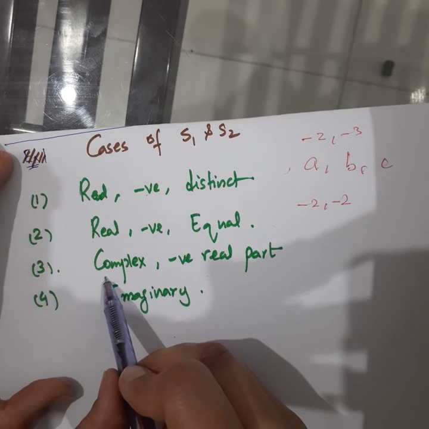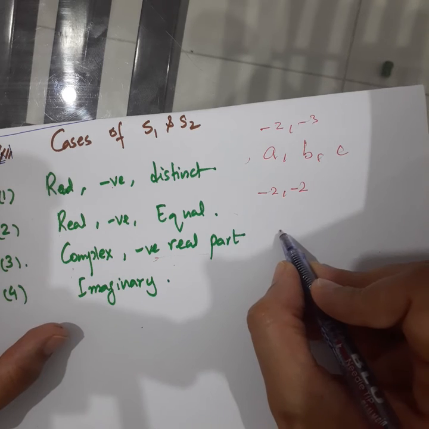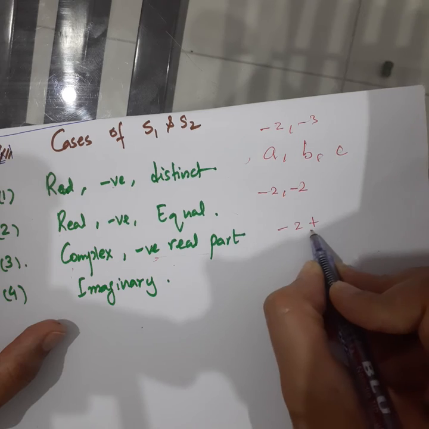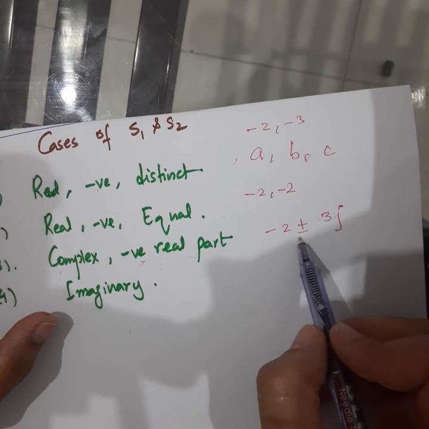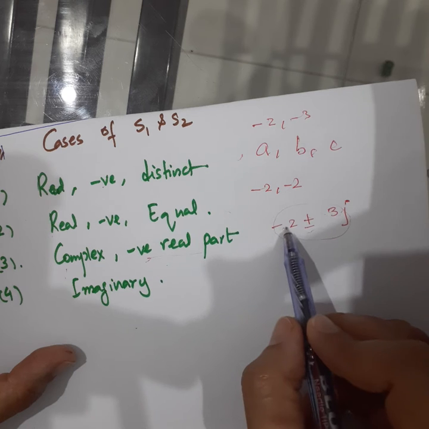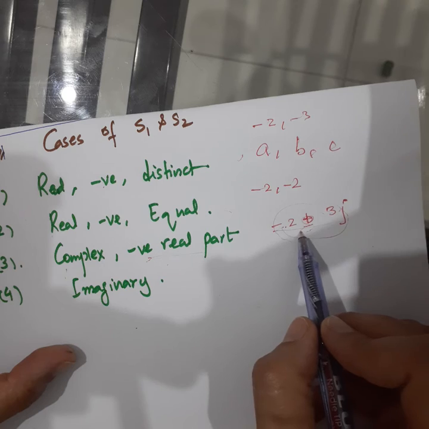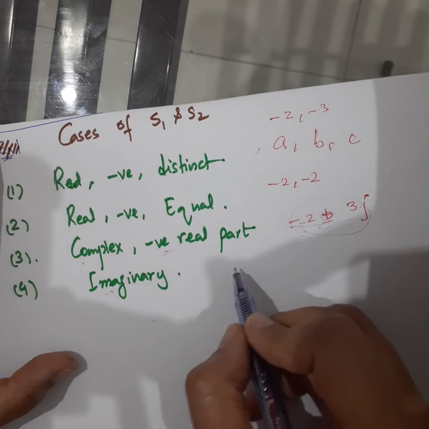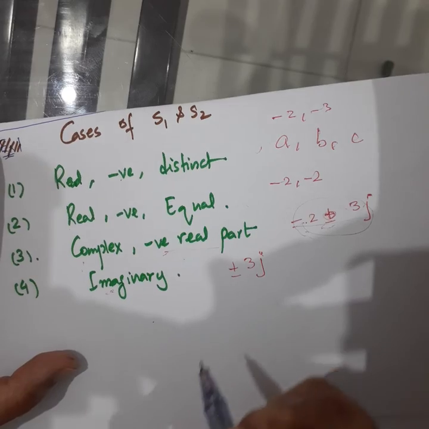These are equal values. And then we can have complex with the negative real part. Complex means that it must have some imaginary part, an iota part. Minus 2 plus minus 3j. So plus minus means that basically we call this the negative real part, and complex means these are complex conjugates. One means one value will have a positive imaginary term, and one is of negative. And the last case is a purely imaginary term where the real part is of zero value, so it will only give us plus minus 3j.